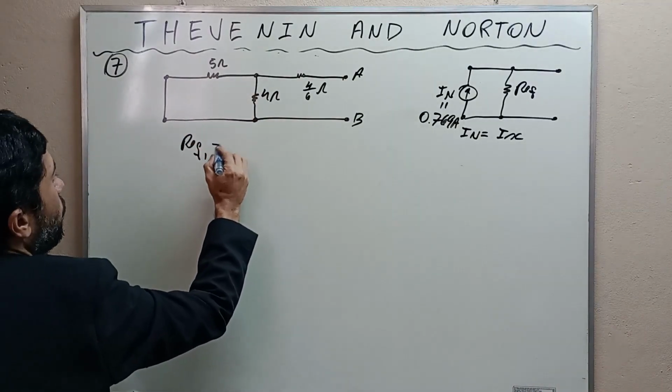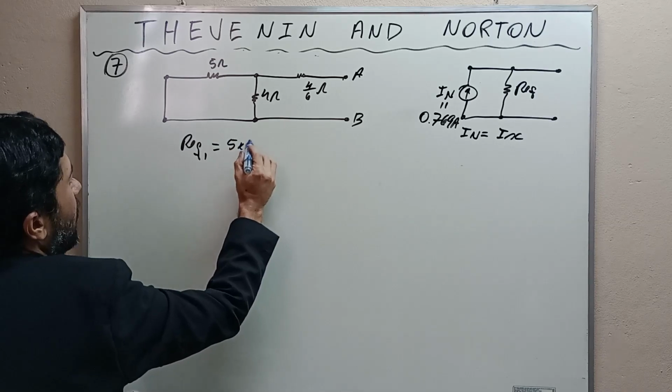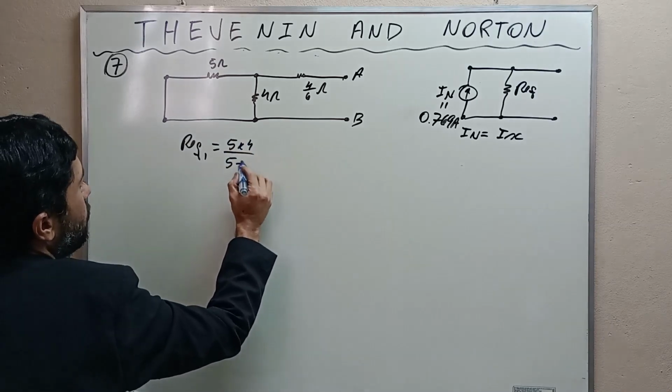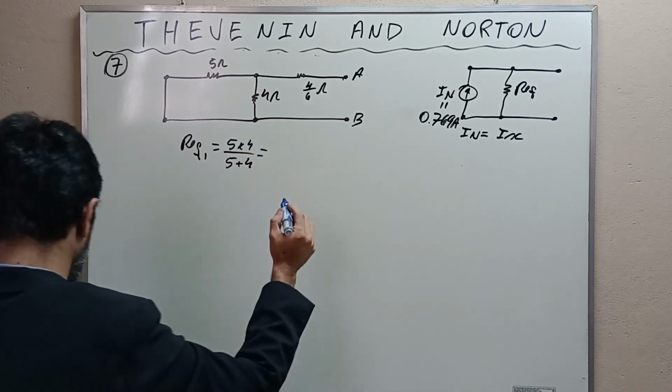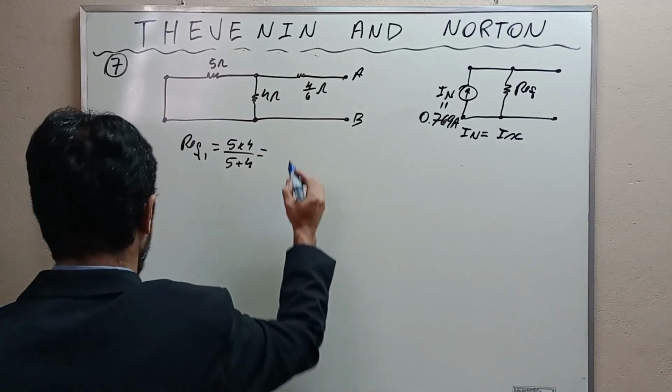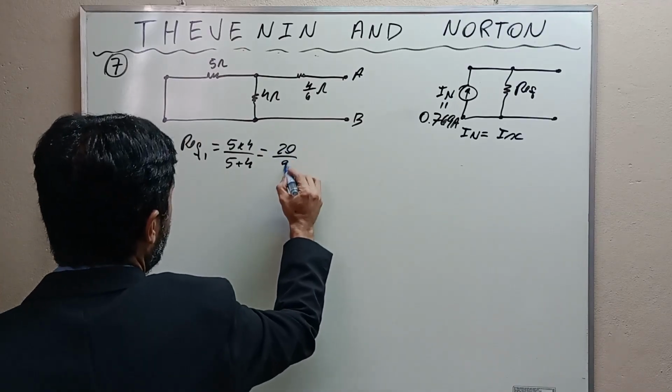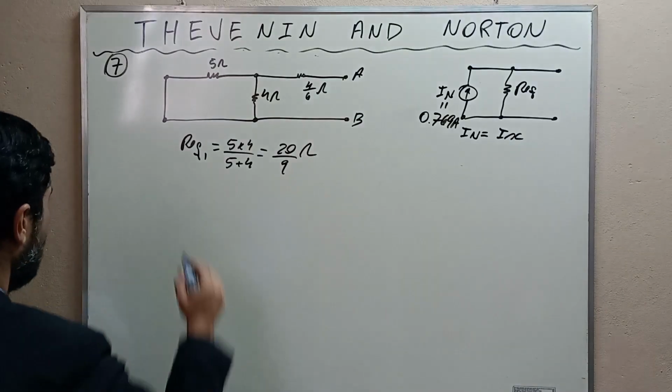Equivalent resistance number 1 is 5 times 4 divided by 5 plus 4, and this is equal to 20/9 ohms,